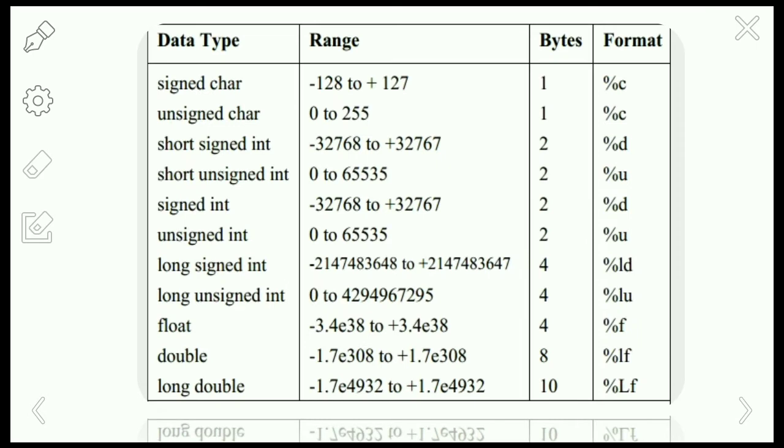We are going to see this in the table here: the data type, range and bytes format. Normally we represent the signed and unsigned range with a small formula.